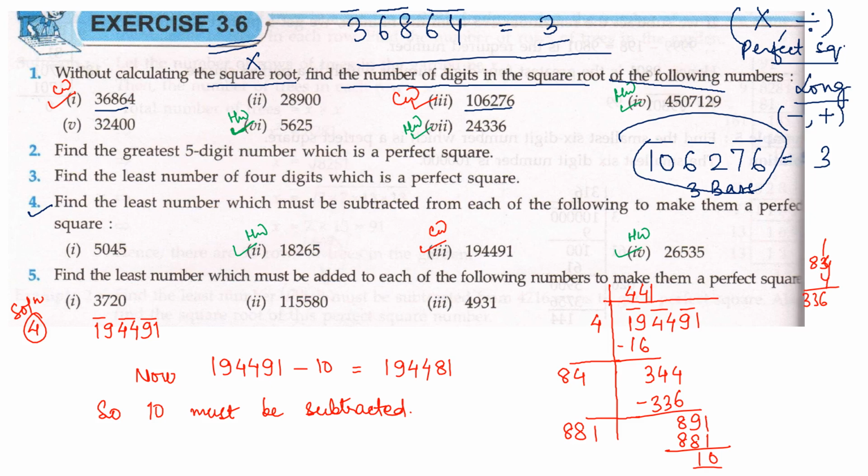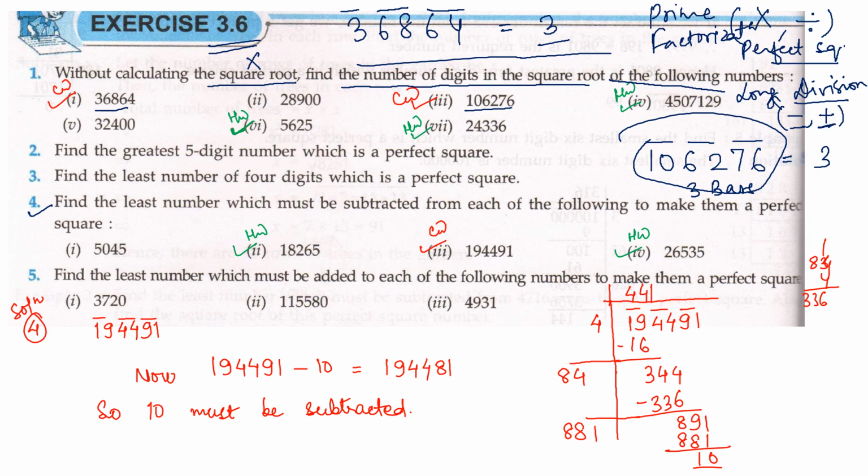You can write it somewhere in your notebook, because if they ask you to multiply and divide, then how are you going to find the square root? You are going to find the square root by the prime factorization method. But if they ask which number should be subtracted or added, then which method are you going to use? Then you are going to use the long division method. Okay, these two things you will have to remember. In the exam they will not tell you which method, so you should know.